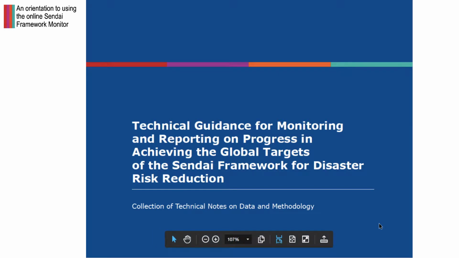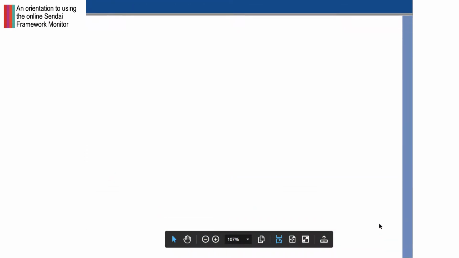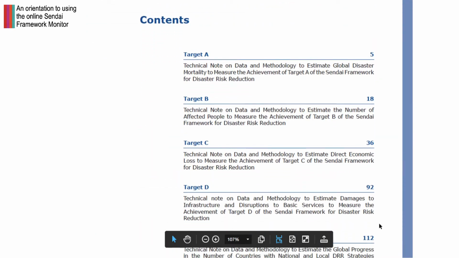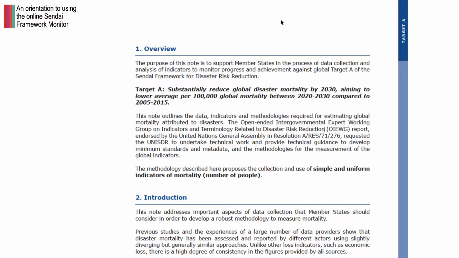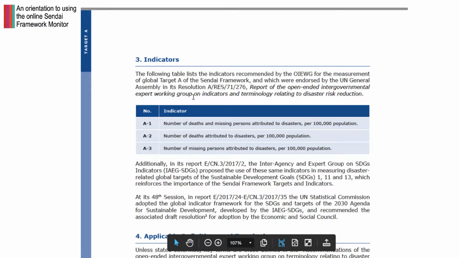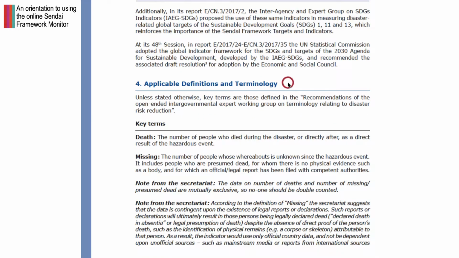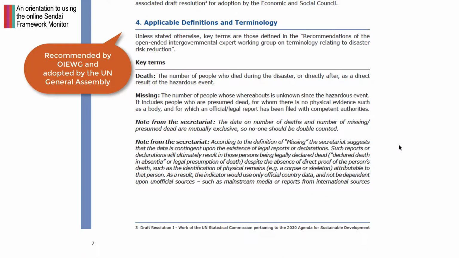The TGN is organized into chapters, one for each of the 7 individual global targets A to G. Turn to the contents and you can refer to each target to find answers specific to reporting on related indicators. Starting with Target A, each chapter starts with an overview, introduction, and the indicators for the target. Then you can find applicable definitions and terminology, which are those recommended by the Open-Ended Working Group and adopted by